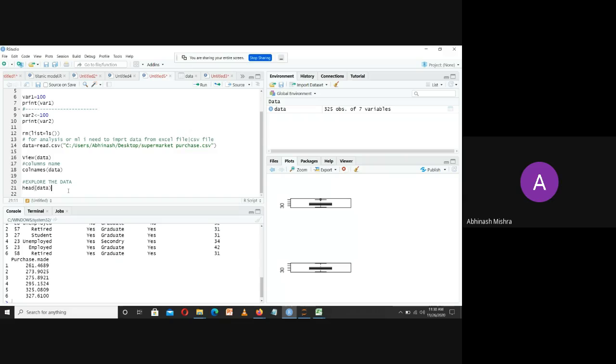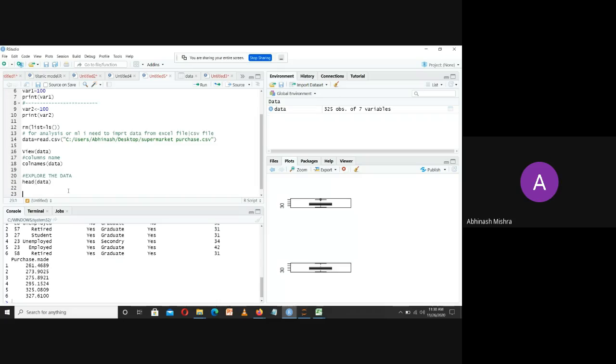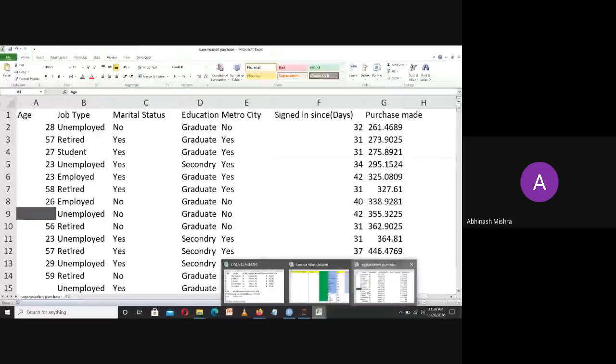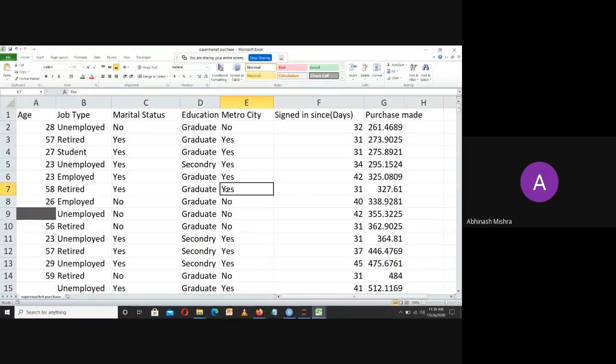Now, if you want to find the summary, suppose I have this particular column as supermarket purchase, and I want to know whether there is any missing value, what the count is, and what the total unique counts are, meaning how many unique categories are available.